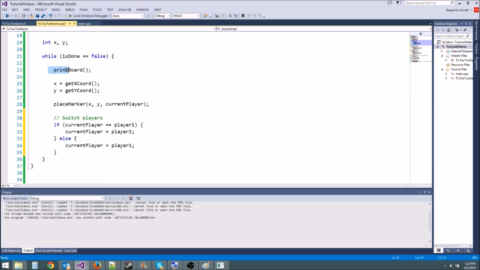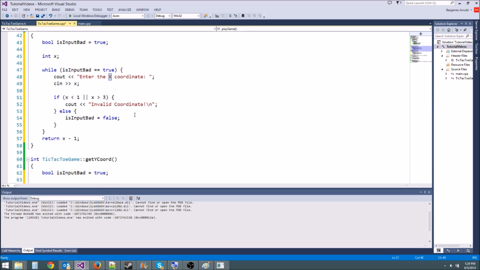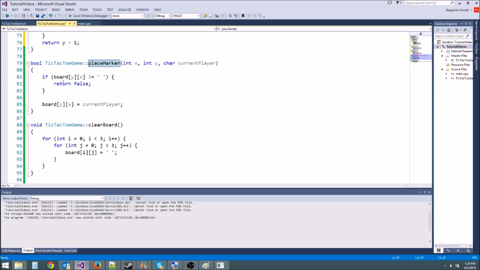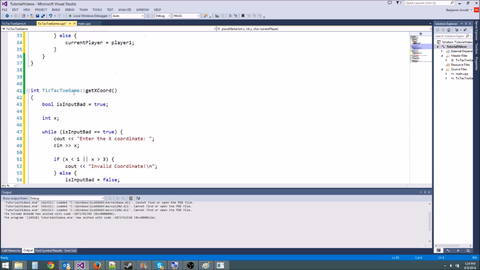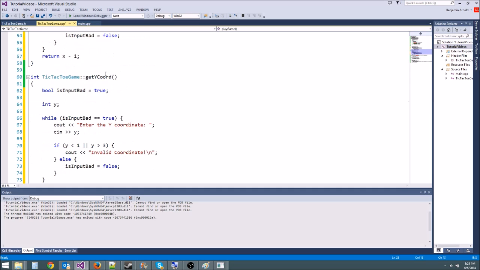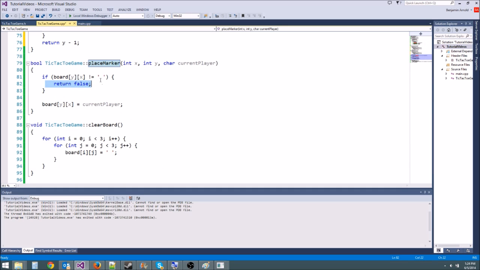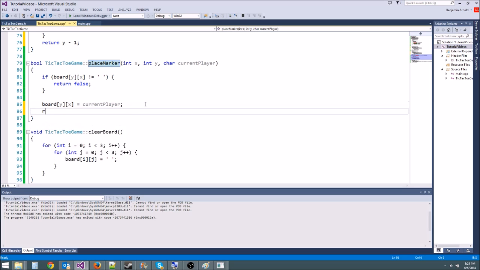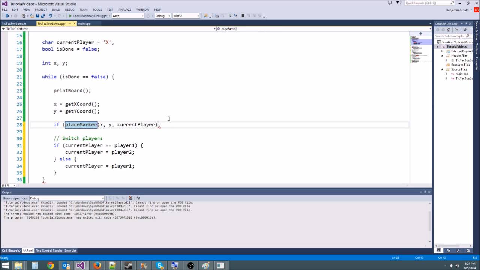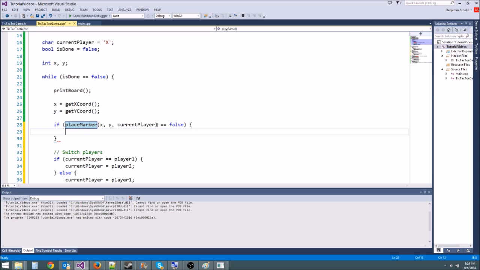So now we have the printing of the board, we have the getting of the input, we have placing the markers, and we have switching players. What we need to actually do now, let's see, what does place marker do? It returns false. We never actually checked this. So we need to check and make sure he placed it in the right spot. Remember, place marker is going to return false if he wasn't allowed to place it there, and it's going to return true if he was allowed to place it there. So if place marker is equal to false, meaning he wasn't allowed to place it there, we're going to say